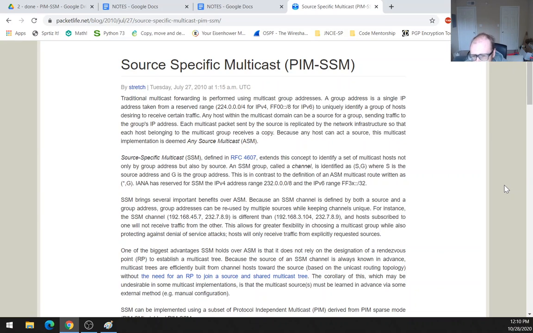Source-specific multicast, SSM, defined in RFC 4607, extends this concept to identify a set of multicast hosts not only by group address but also by source. An SSM group, called a channel, is identified as S,G, where S is the source address and G is the group address. This is in contrast to the definition of an ASM multicast route written as *,G. IANA has reserved for SSM the IPv4 address range 232/8 and the IPv6 range